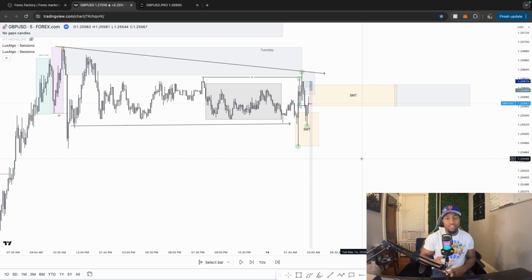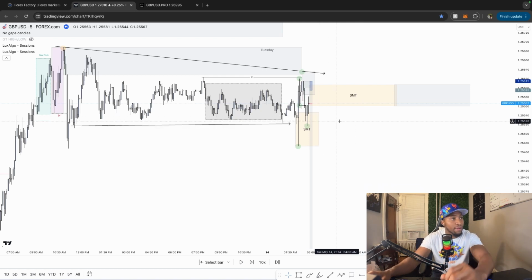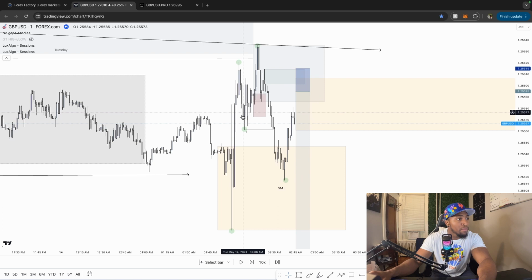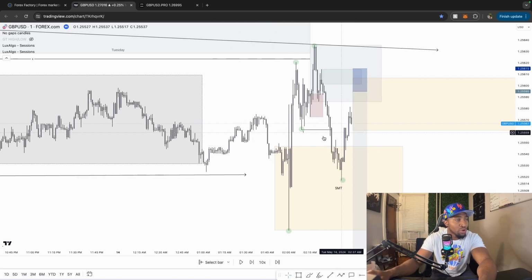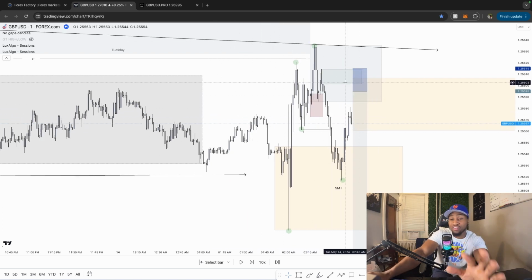Structure is a big one. Supply and demand is a big one. Liquidity is a big one. There are a few things that you're going to want to look at. But what I'm seeing here at that point in time, and this is in hindsight because I missed this trade as well,